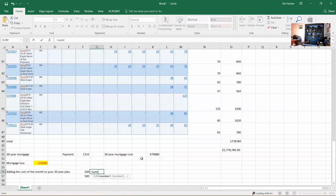Let's go here, and then let's grab that number there. Let's put another parentheses there, another little bit of algebra we've got to do. And then we've got that there, and then that times 12, and the parentheses there, times 30. Okay, so that's $36,000. And so let's just fill down. So that's $180,000. Okay, so if you paid $500 a month for this, adding the coin of the month plan,